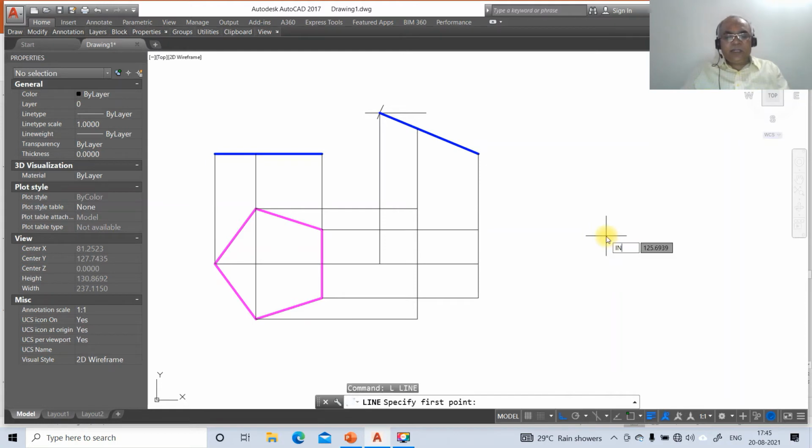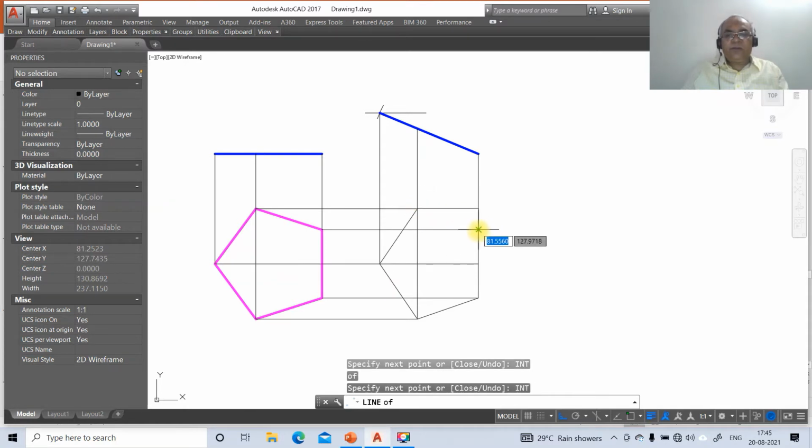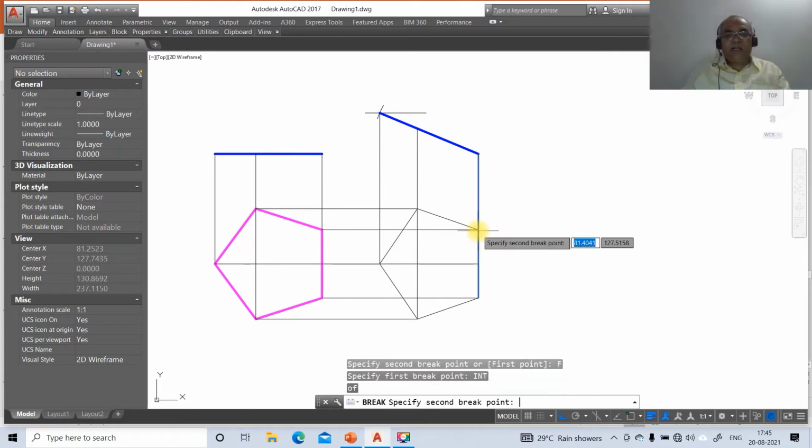Then go to line, take int of this and take intersection point of this. Again you take int of this and take intersection point of this and take int of this now. Then go to break, select this as the break line, first point int of this and say at the rate.